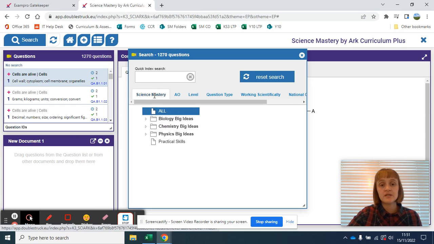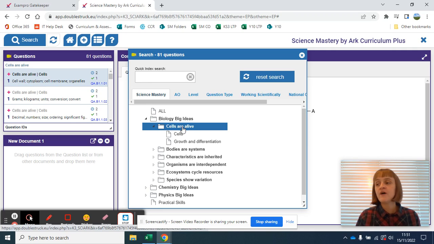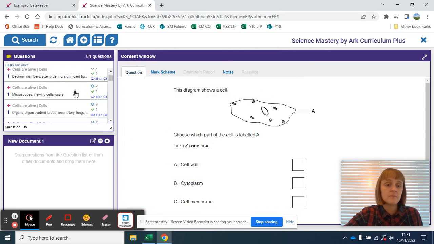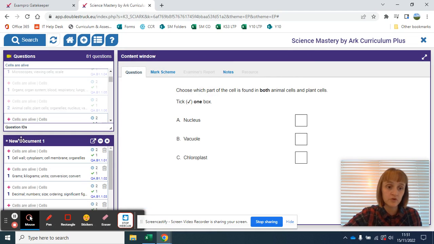So let's say I've got a Year 9 class and we're doing some tricky biology within the big idea cells are alive. And I'm finding that they need a bit of support around retrieval practice so that I can really support them in recalling some of those really fundamental bits of knowledge within the big idea. So I've selected that big idea and it's come up with 81 questions. So I'm just going to select the first few questions on there and add them to a new document to